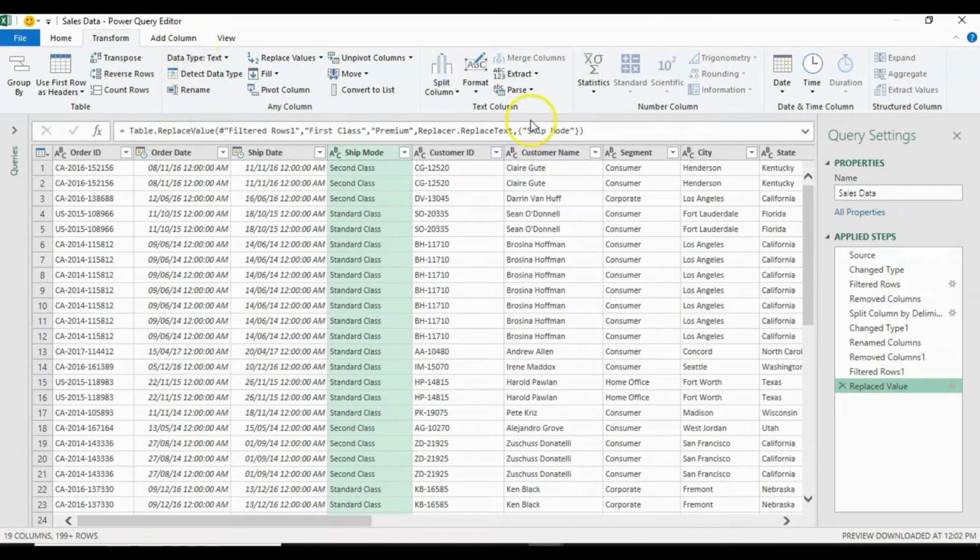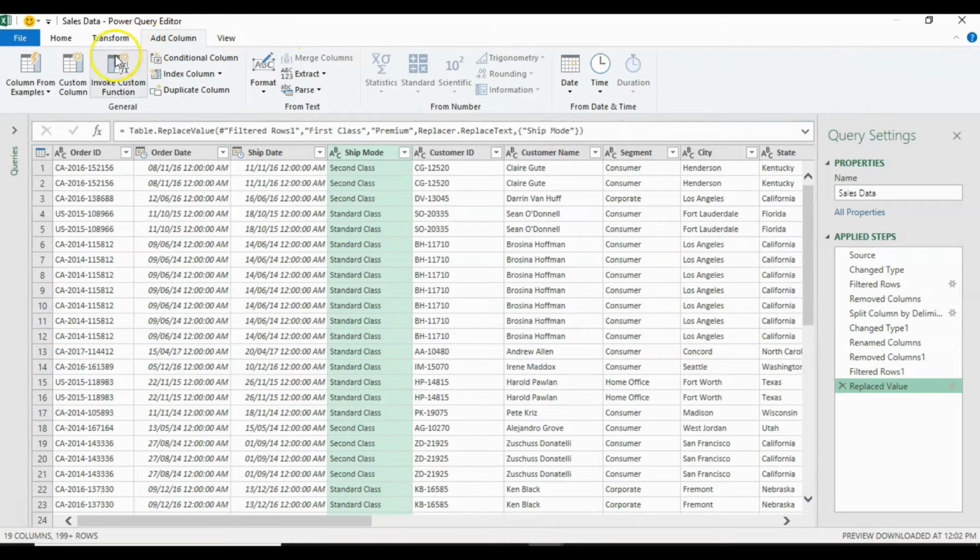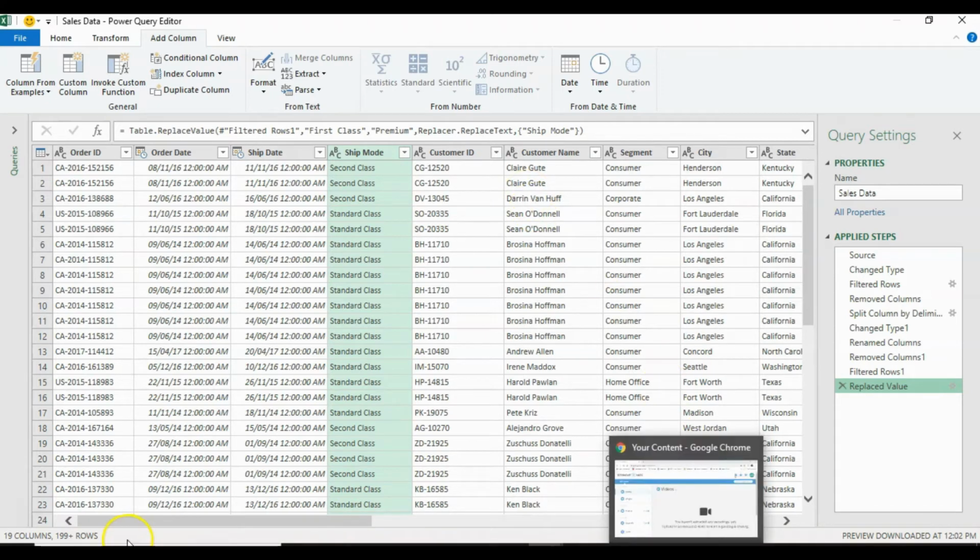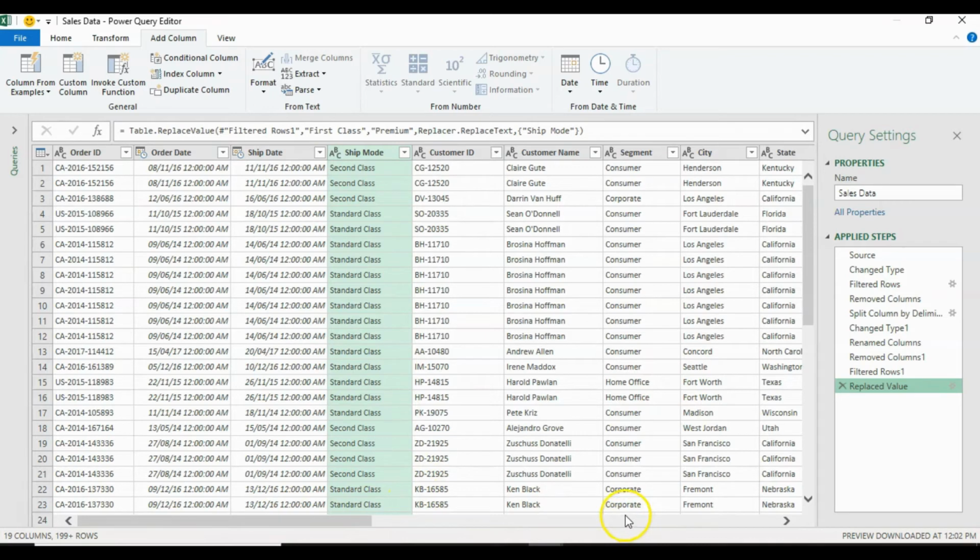Moving on, let's see if we want to include a new column for your data set based on certain conditions. We could do that too. If you look at add columns, you have several options. You can have a custom column, or a conditional column, or you may want an index column, which basically puts a number on each record. So let me add an index column